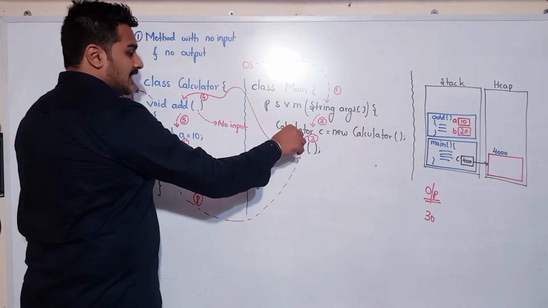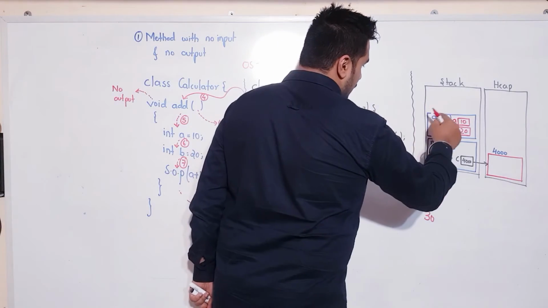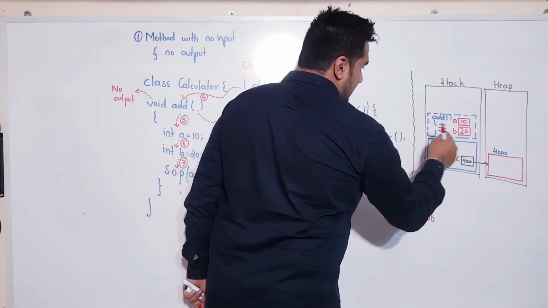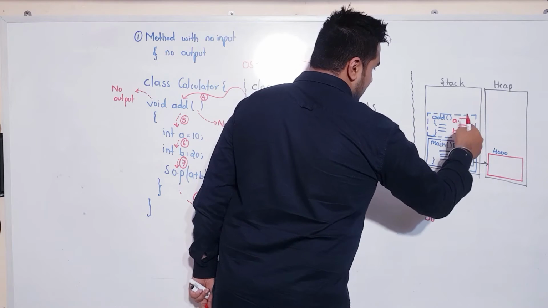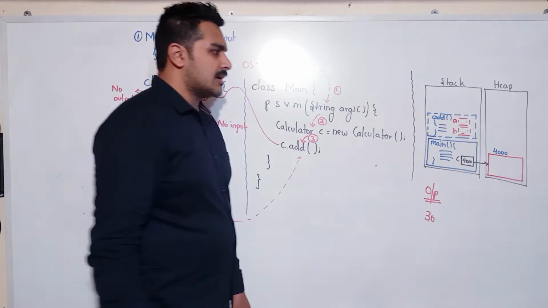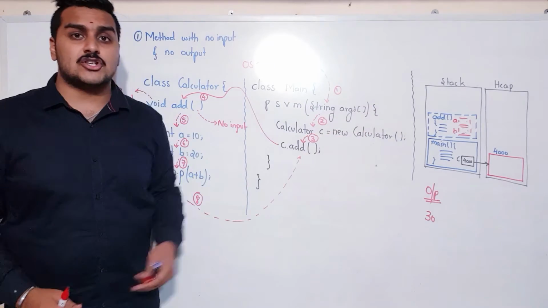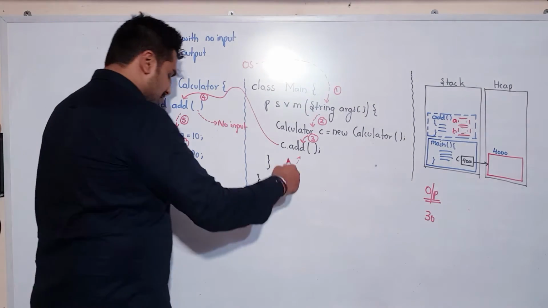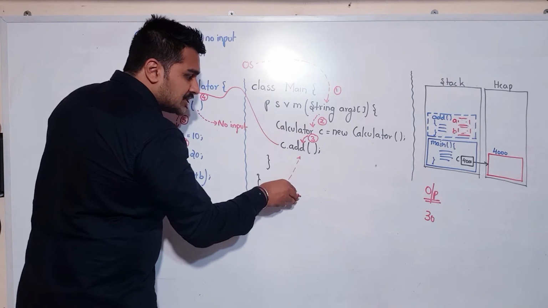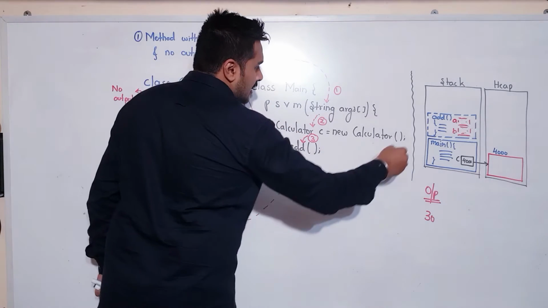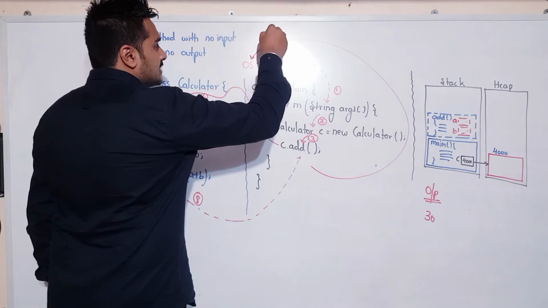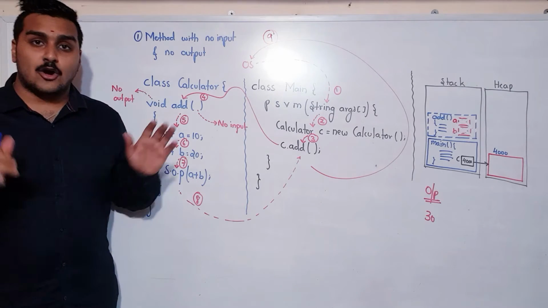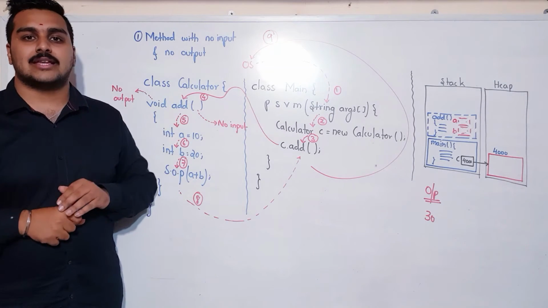Once I come back to this function, what will happen? The activation record's memory would get deleted. In other words, these variables will also get deleted. Because that method itself is not there, then how can those variables exist? Now, control is back in my 8th step. Is there anything beyond this to execute? No. Control is returned to your operating system in step number 9. I hope I am completely clear with this.